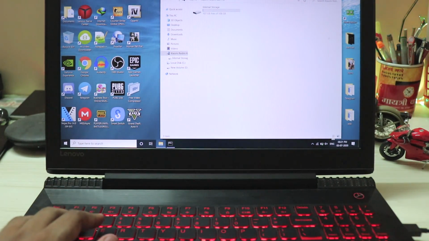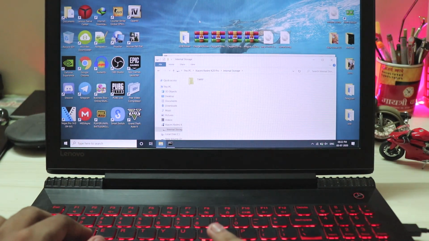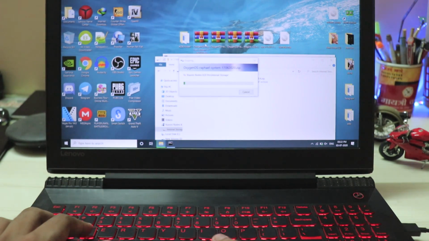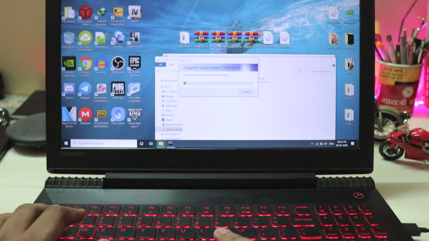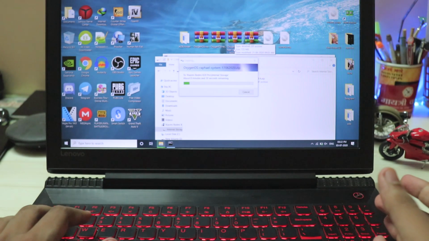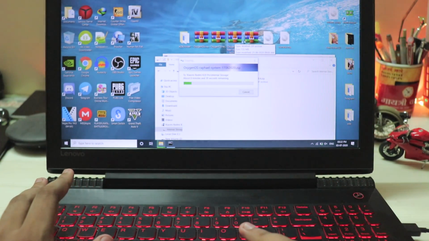Just like that, keep it aside. And again, as you can see, our internal storage has popped up, completely mounted. And then you have to just drag and drop all of these 4 files. Now the system would be just the same for both of them. Again, the boot would be just the same for both of them, but the vendor would be different. Now as you can see, it says vendor for Raphael. If you are a K20 user, you will need to download the vendor for Davinci, and then you just need